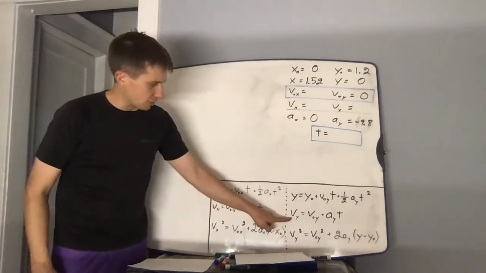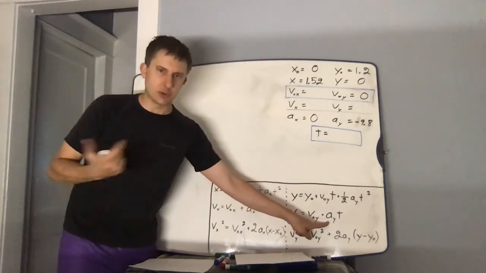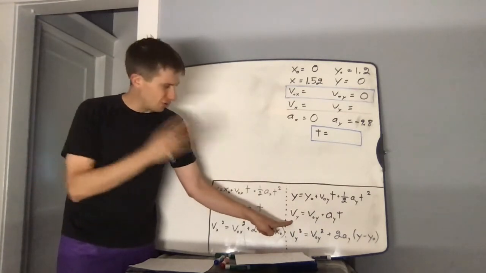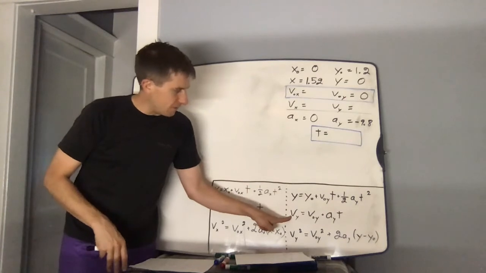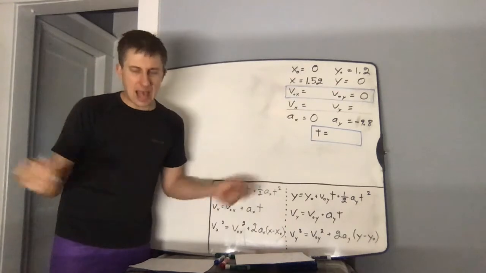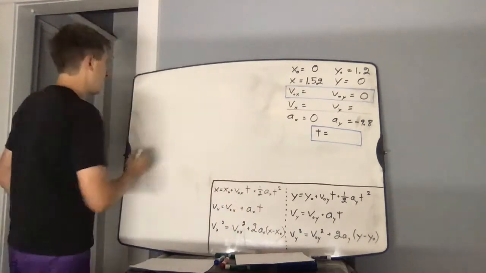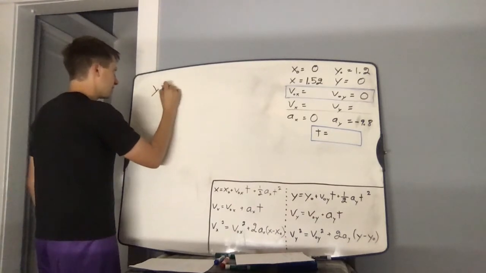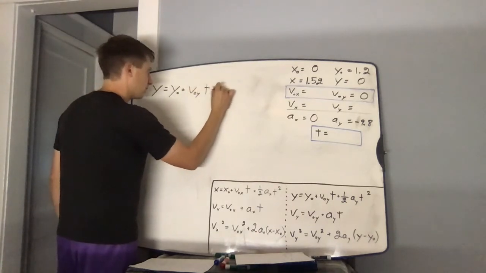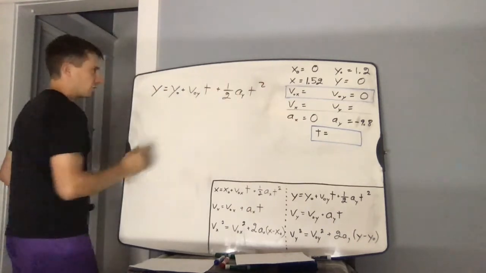I could look at the second equation. I know v initial y, that's good. I know acceleration in the y, that's good. I do not know v final y. So if I don't know v final y, yeah, there's time, but this would be two unknowns. So I don't know if I'll need this equation eventually. Let's look at the first equation. If I write y final is equal to y initial plus v initial y t plus 1/2 ay t squared, I could look at this